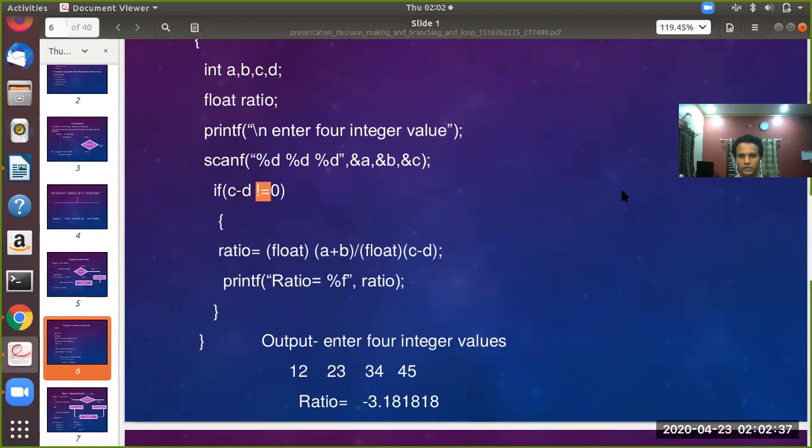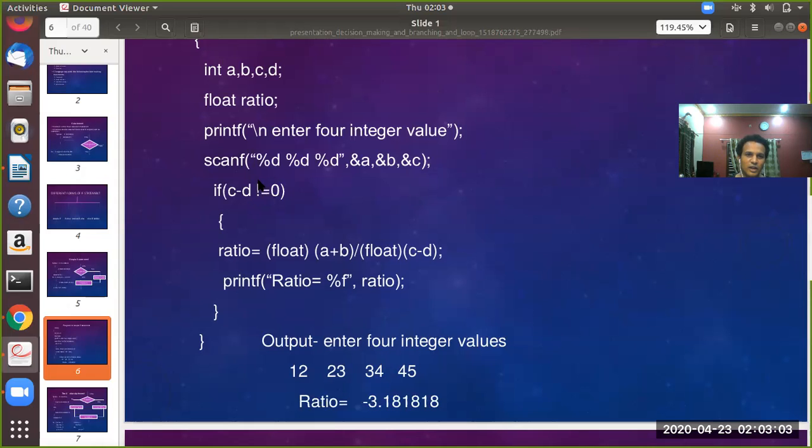If 2 equals signs are present, you are checking whether 2 elements are equal, like c minus d equals 0. Then it means the difference of c minus d is equal to 0. That's what we will be checking in case double equals are present.